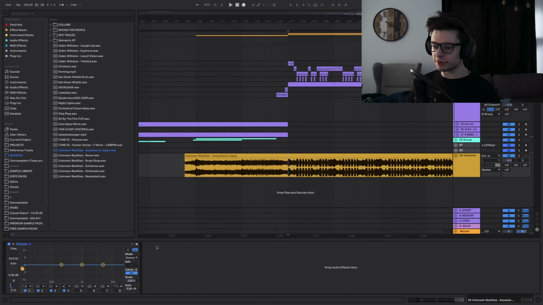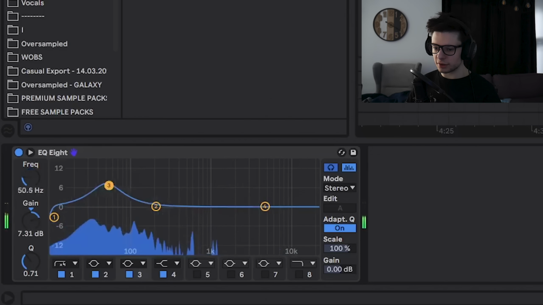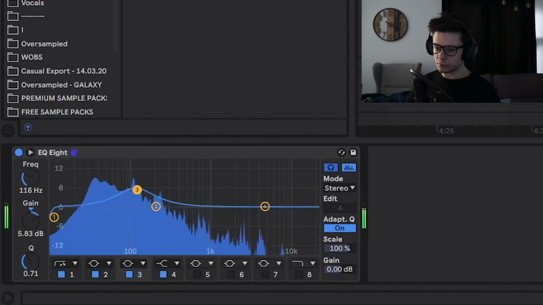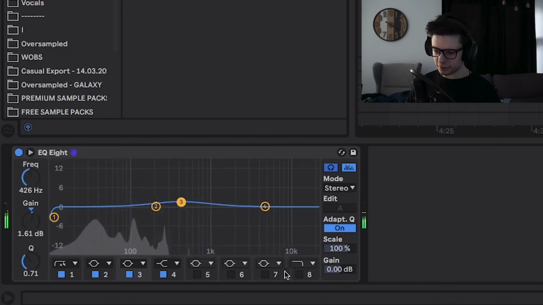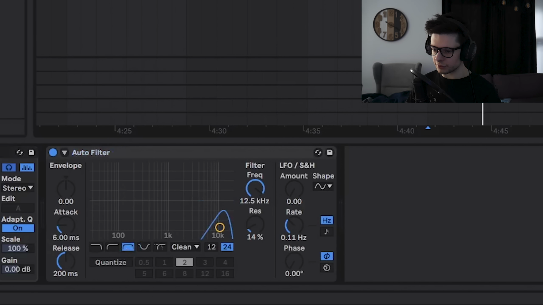Slap an EQ on this. You can use these headphones here, which allow you to just hear a certain frequency band. You can do this, but if you want, you can use auto filter and use like a bandpass filter, right? And then